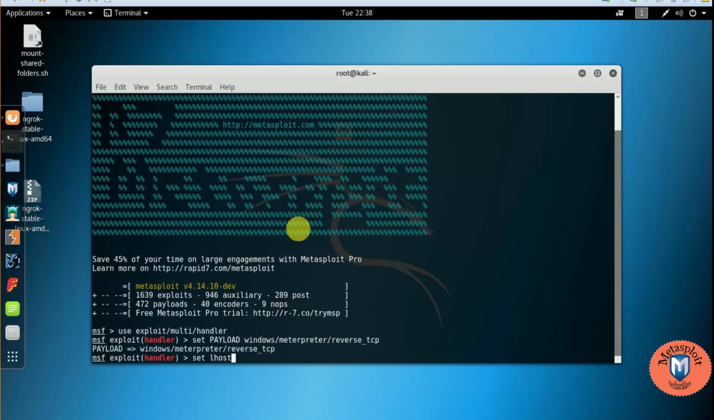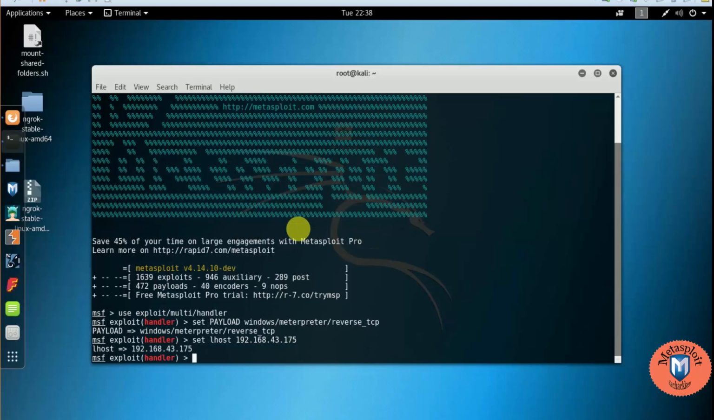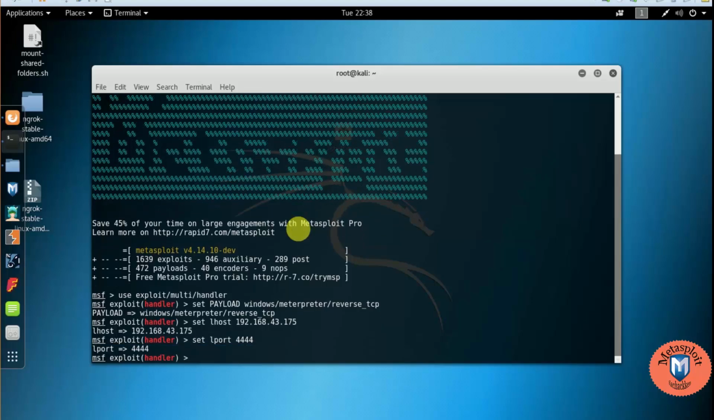setting LHOST and the IP address. As I told, the LHOST stands for your IP address, and next setting up the LPORT. At last type exploit, send the payload to the victim device, and when the victim tries to run the file